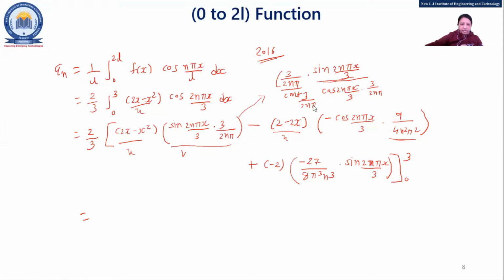Just do it quickly. Yeah, write down the answer. Just solve it in a few seconds. I will unmute anyone, right? Till then you can write down the answer in the chat box. 8 by 9 pi square n square. No. Yes, minus 9 upon. Fine.